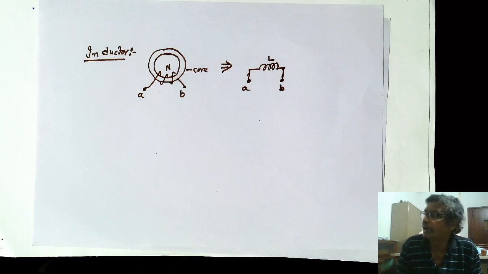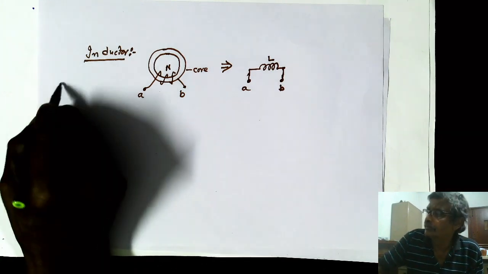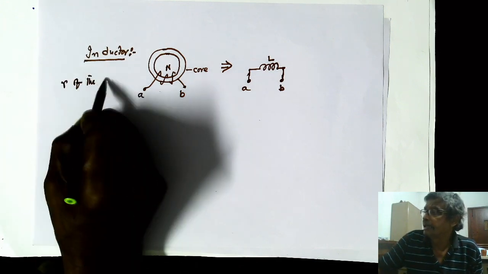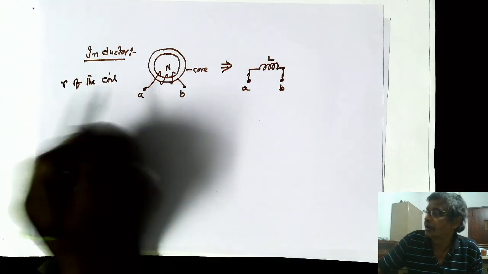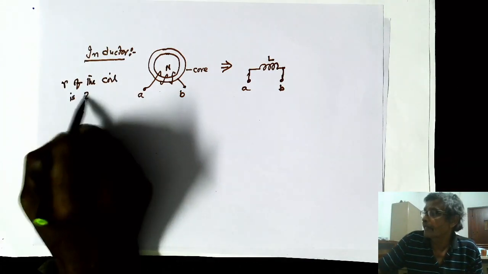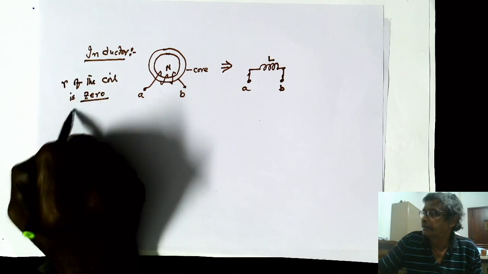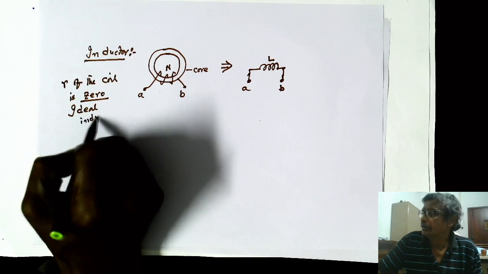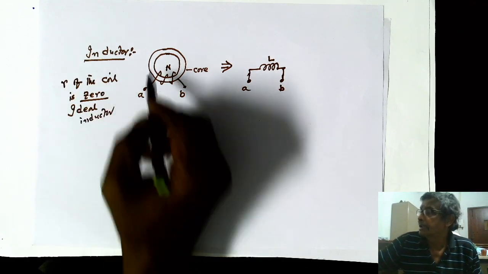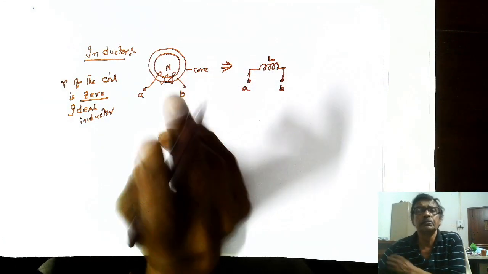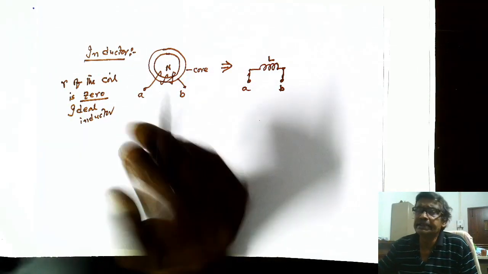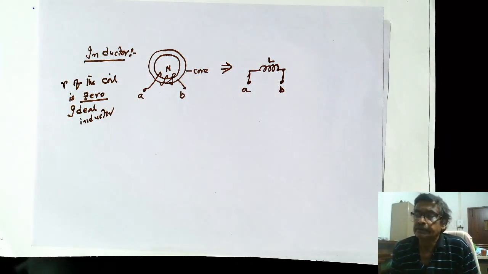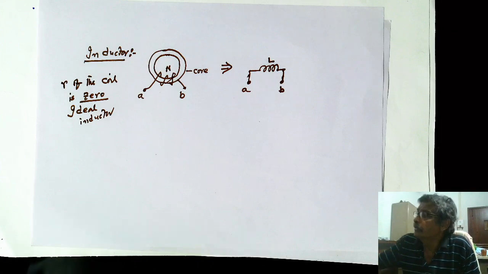But let us assume that R of the coil is 0. Then it is an ideal inductor. Which is wound over a magnetic core material, very good magnetic core material, and also the BH characteristic of this material is assumed to be linear. Okay. Now, if you pass some current